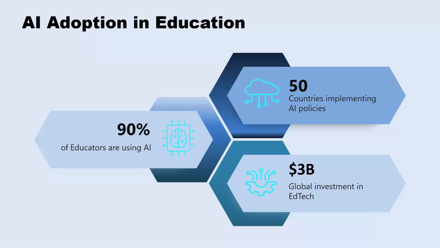Keeping those two parameters in view, in today's post-COVID scenario, 90% of educators are using AI, either knowingly or unknowingly. We are all using WhatsApp, where have we ever given any consent to the collaborators to use our own data from our mobile phones to analyze and then create an LLM for them to market? No. Still, we are all running behind the faster world. We depend on plenty of parameters, and that is how 90% of educators are mentioned here as